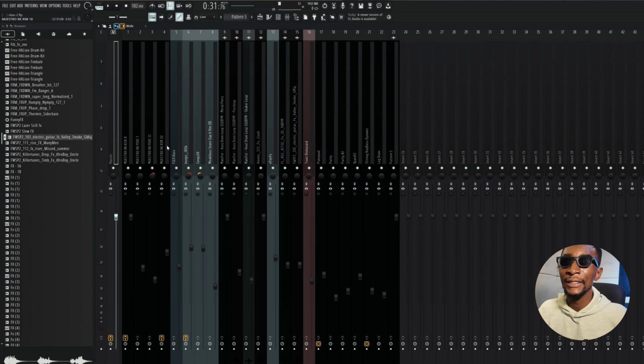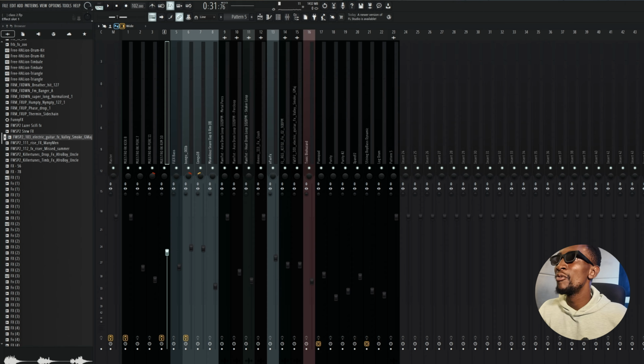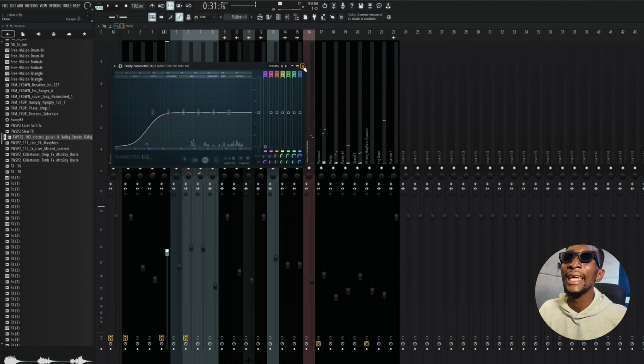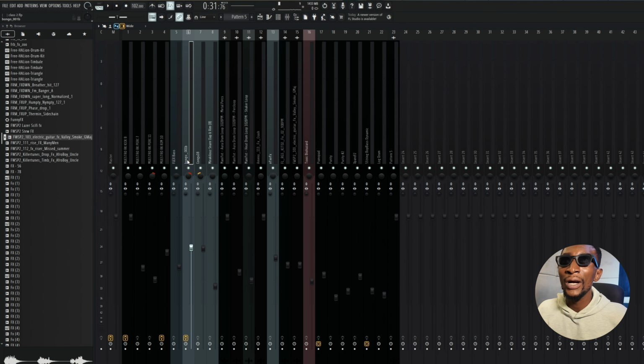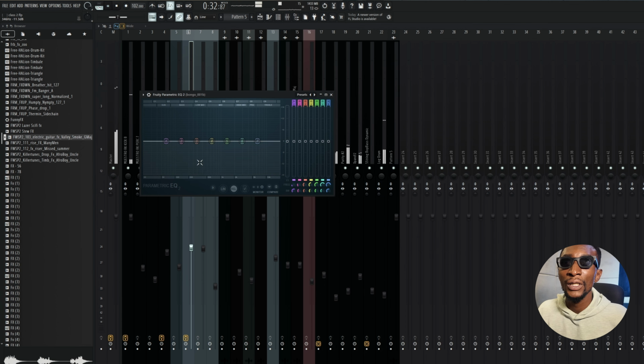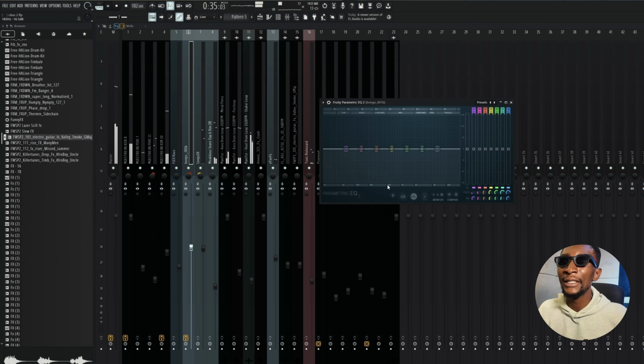So let's quickly go over this. What I'm doing is removing frequencies that don't belong in some instrument, and you see the way I do it. Follow this. I'll show you a more advanced way, but follow this for beginners. It's called cleaning bad frequencies out of your mix. So once you load in your parametric EQ,